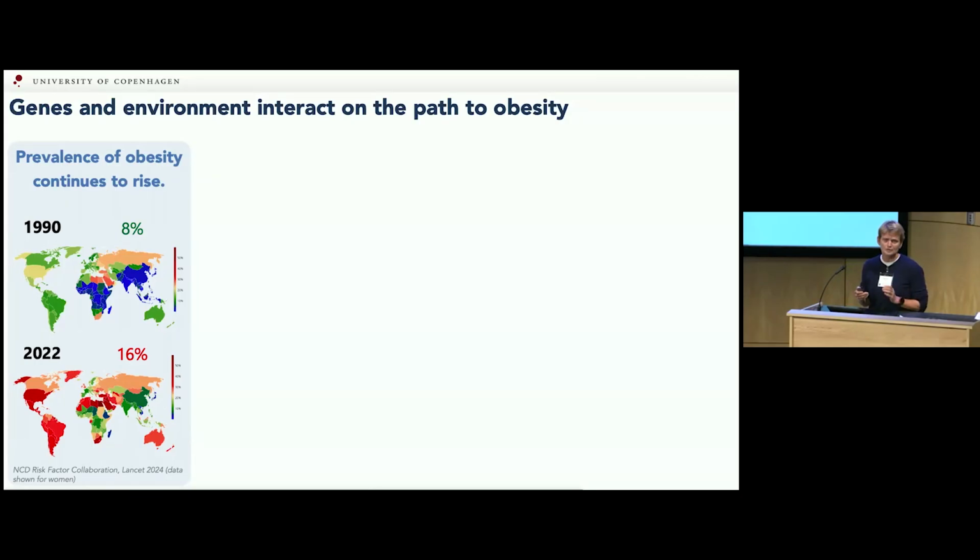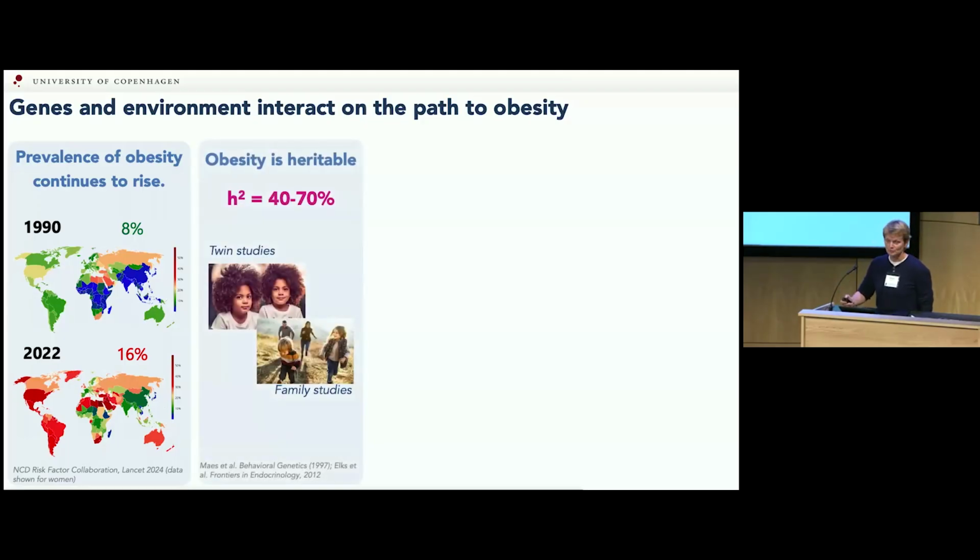The environment has an important impact. Over the past 30, 40 years, the prevalence of obesity has doubled, tripled, and that's definitely driven by a changing environment. We eat more, we move less, but it's in particular people who are genetically susceptible who will respond to this environment and who will gain more than people who are not so susceptible.